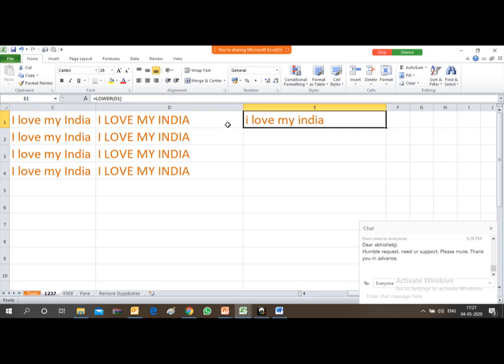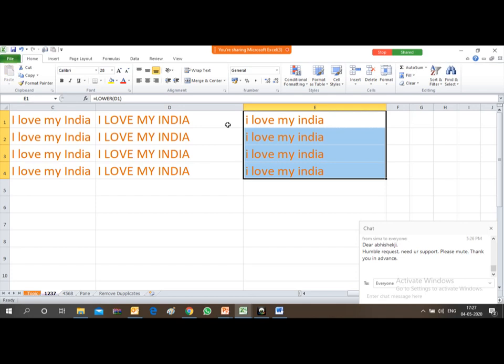So the formula is very simple. Just equal to, then type upper, or equal to, type lower. So these two functions are available where you can convert lowercase into uppercase or uppercase into lowercase.